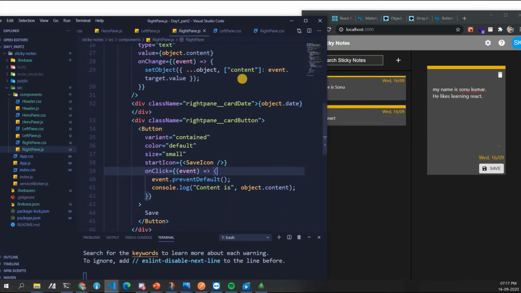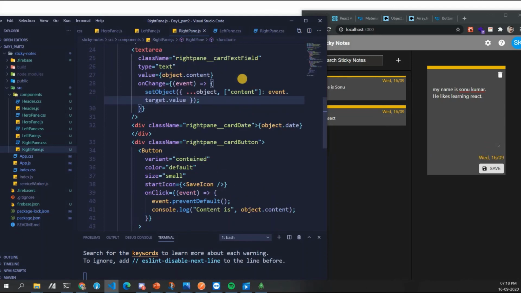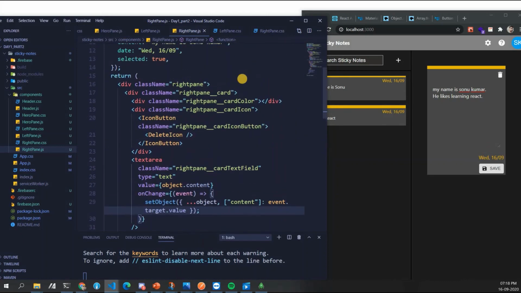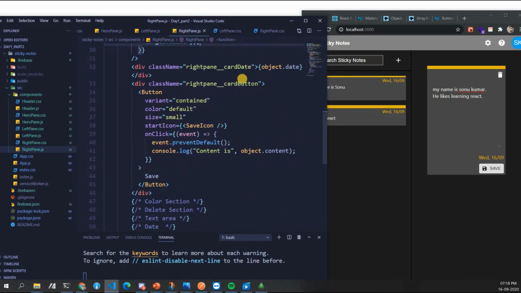So when you do today's assignment, you will be able to understand these things in a better way. What is this spread operator? Spread operator is a very important operator, but if you just remember these concepts that I told you, you'll be able to do a lot of things in React. It's just like some rules that we need to follow. Any doubts, guys?